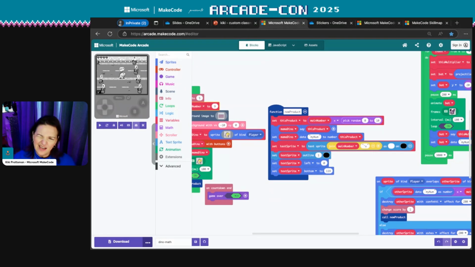Sometimes I have sort of an idea how I might do something, and then it turns out that that won't work at all in practice. So I go through and I just start adding block by block. How do I put a speech bubble above the dinosaur's head? How do I make sure that whatever I am multiplying is going to be within the range of what the students already know how to do?